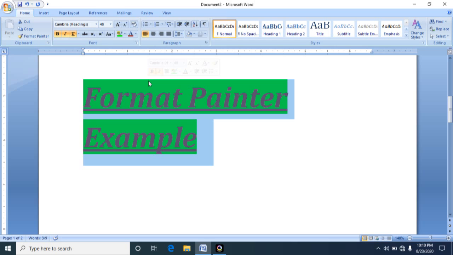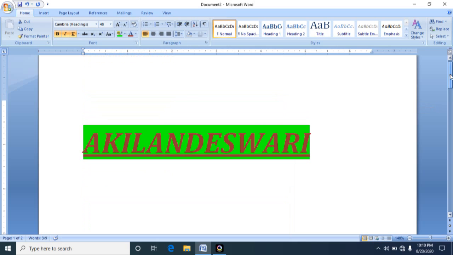Okay children, today in this class we learned Microsoft Word formatting tools, font group, and one more advanced feature, format painter. This format painter and superscript subscript, these two topics are very important.